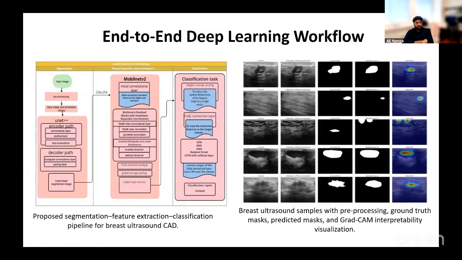So let's start with the pipeline. I built a UNet++ model for segmentation. The UNet++ architecture is an enhanced version of the UNet featuring nested and dense skip connections. This produces very clean and precise segmentation masks to capture the fine details of the tumor. Once we are done with these generated masks, we feed these masks into the feature extractor, which is MobileNet V2. In my PhD, I explored a lot of feature extractors like Inception V3, MobileNet V2, VGG16, and EfficientNet B7. Out of these, the best one